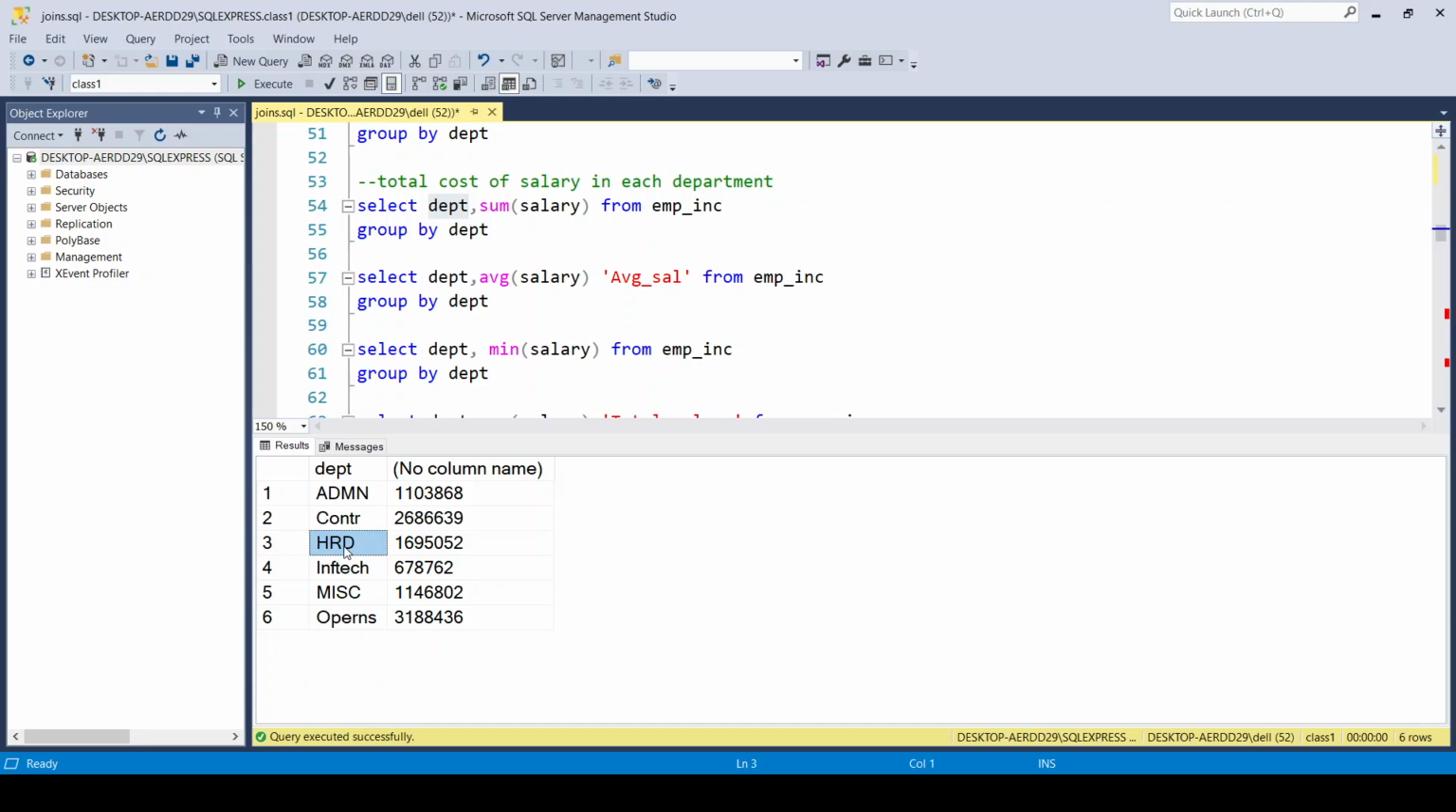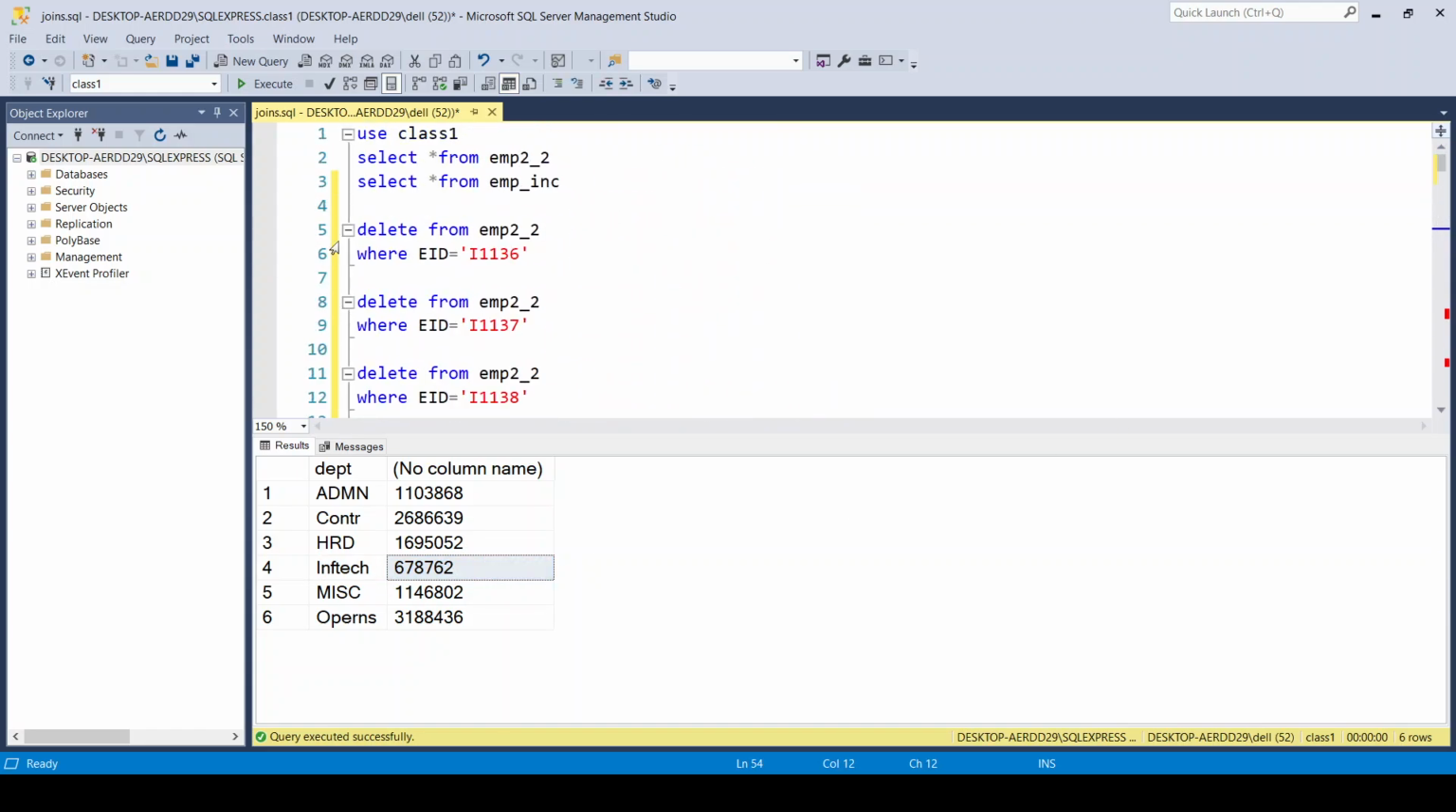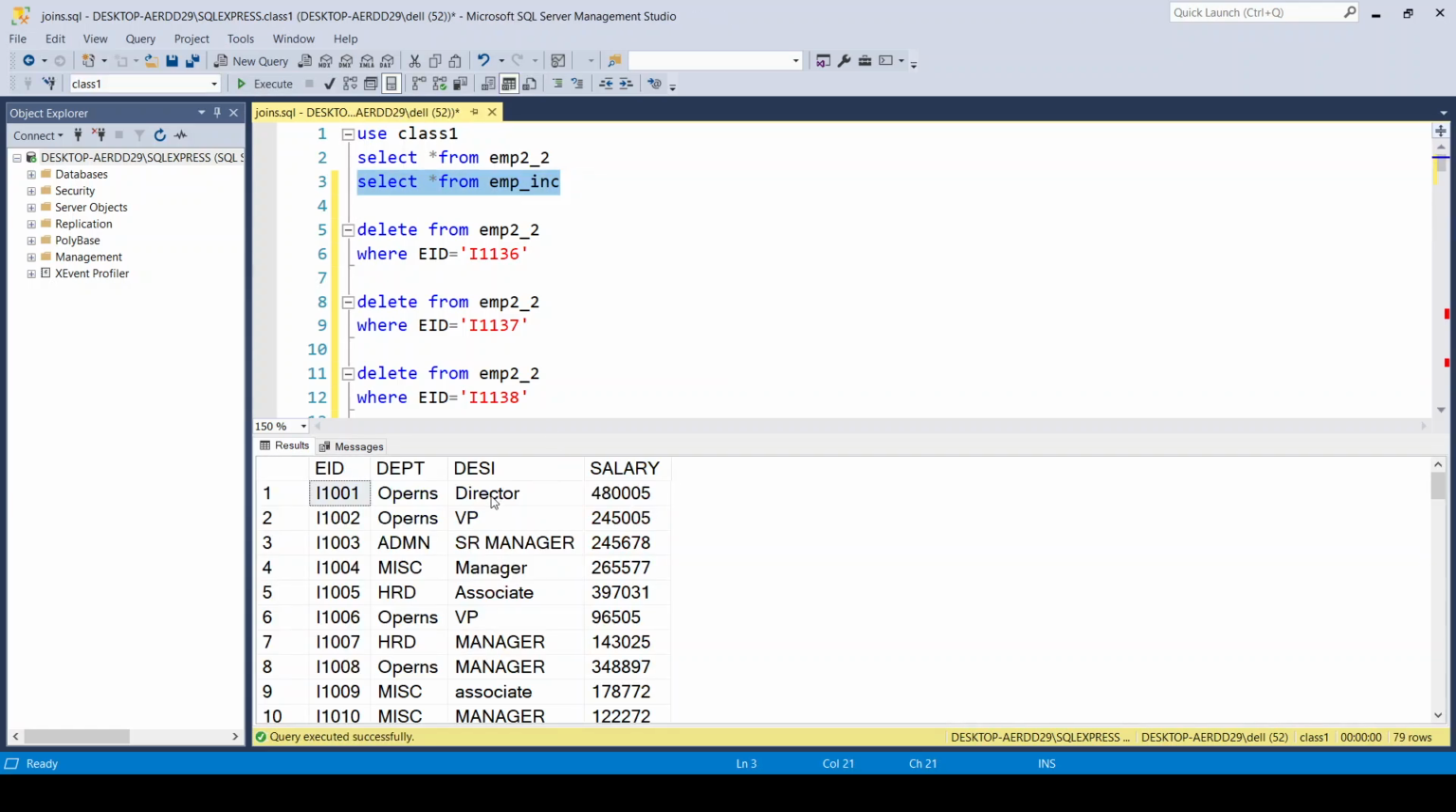Whatever salaries belong to HRD department will be summed up here and displayed. Whatever salaries belong to infotech, that is information technology department, they will be summed up and displayed here like this. So for example, if you go in line number 3 and select it, then you see the operations department, what